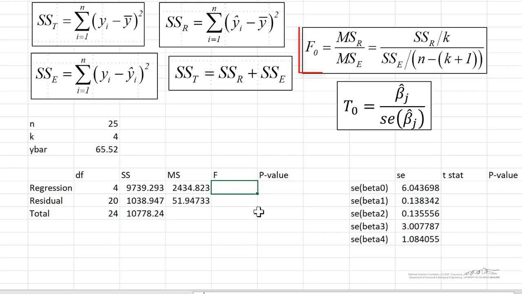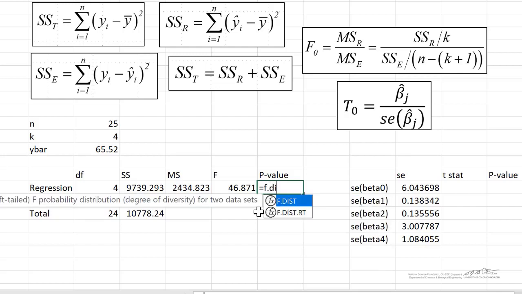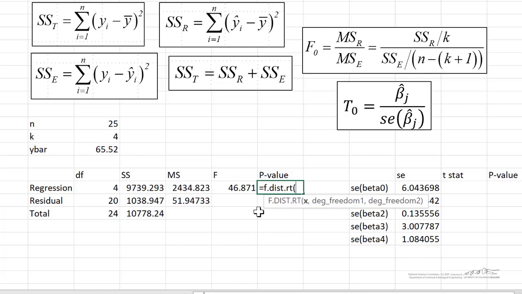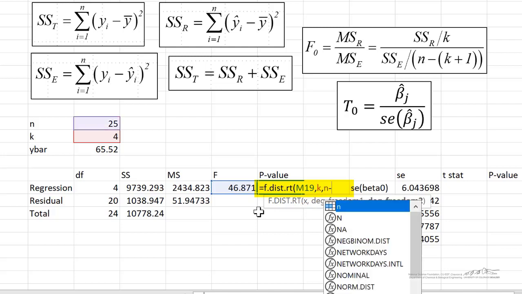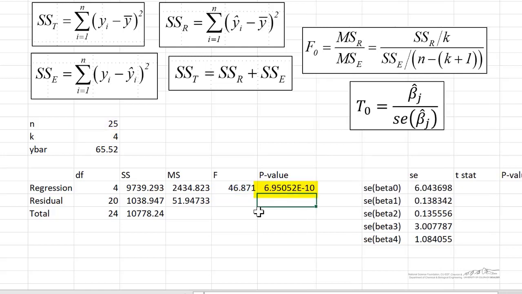Now we can calculate the test statistic. This is our ratio of MSR to MSE, and that's just MSR divided by MSE, which is 46.871. And finally, I can calculate a p-value. We compare this to the F distribution, and this is an upper-tailed test always for this ratio because the numerator must be much, much larger than the denominator. And so I'm going to do the F.DIST of our F statistic with k degrees of freedom in the numerator and n minus quantity k plus 1 degrees of freedom in the denominator, and we get about 6.9 times 10